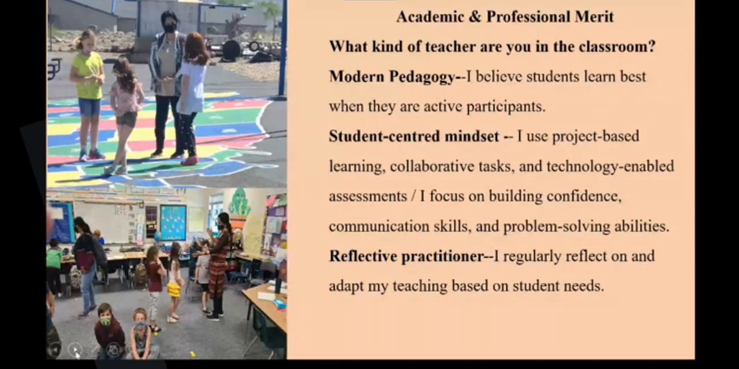And the third is reflective practitioner. Demonstrate growth. For instance, when girls participated less in science, I introduced peer mentoring, and after the session, their engagement rose 40% within 2 months. So these are concrete examples which you can do. Now,